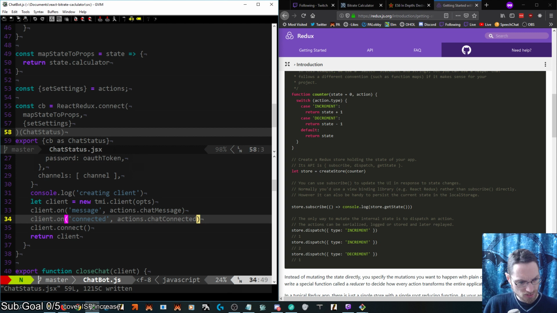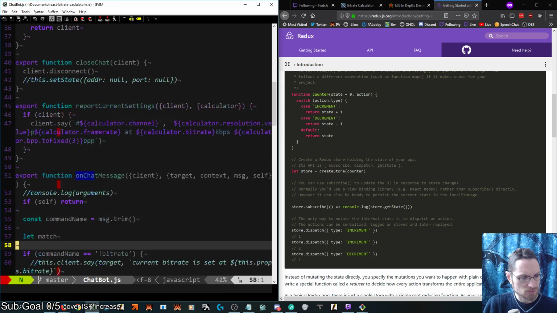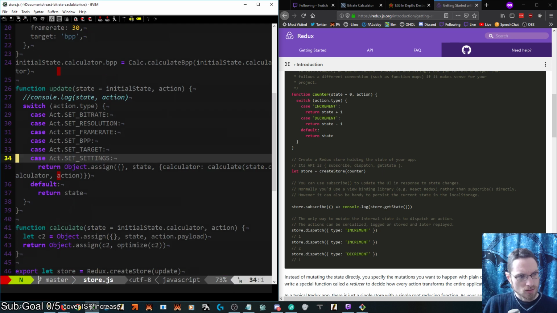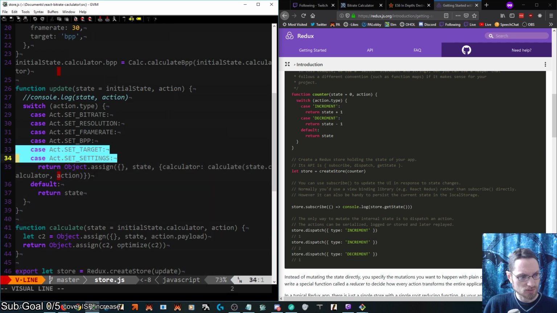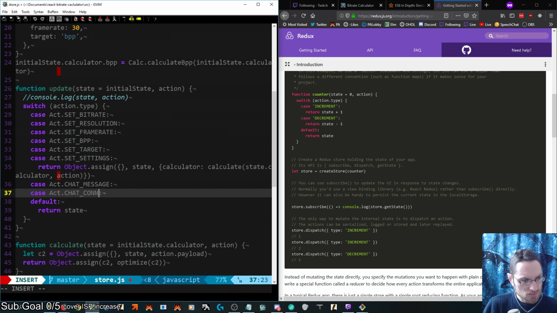So now the question is, do I take my store and add a bunch of stuff to it directly, or do I develop this with initial state, reducer, etc.? Well, I guess there's still the handling of on chat connected. It's really just a state update right now, though. So my store has an update. We have chat message and chat connected,